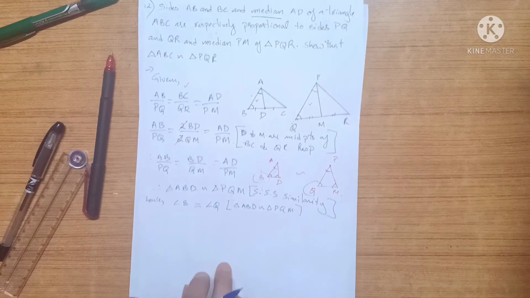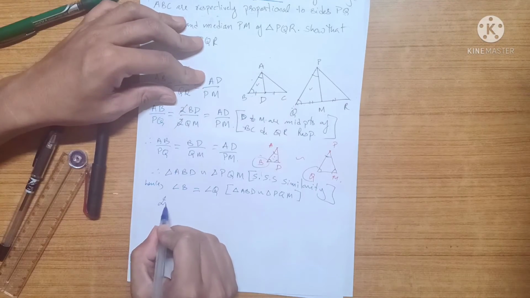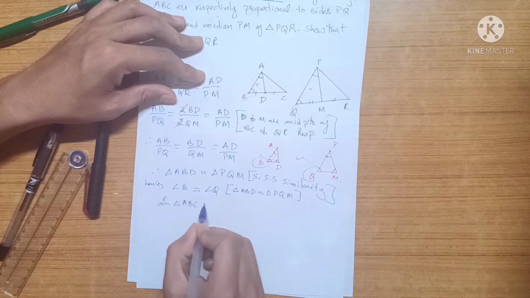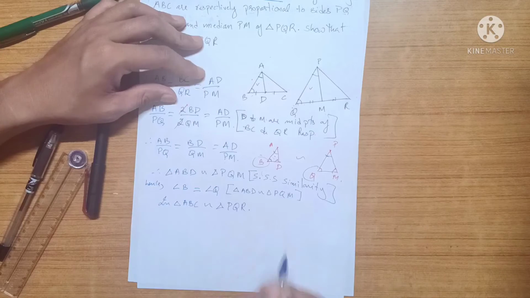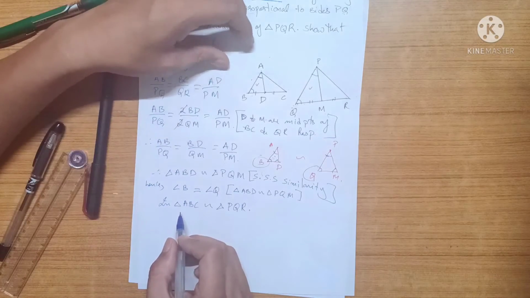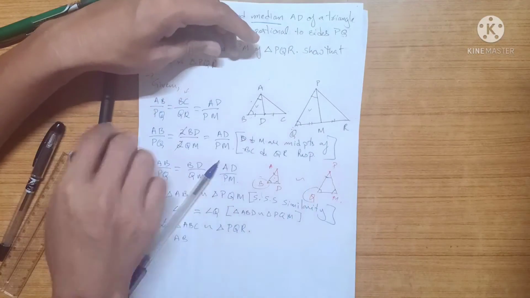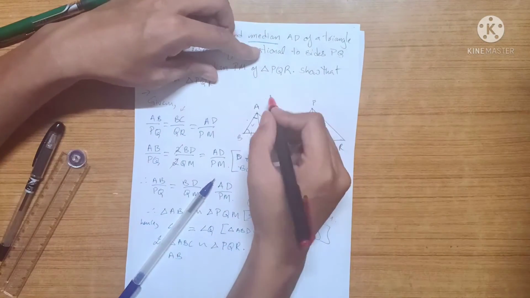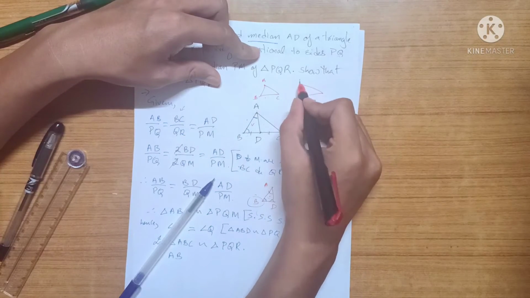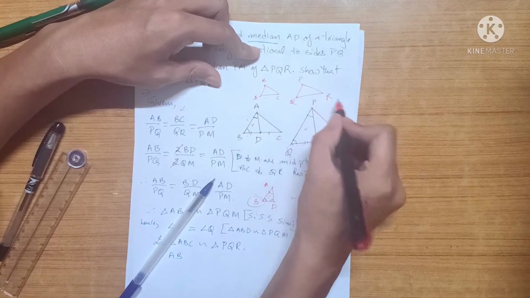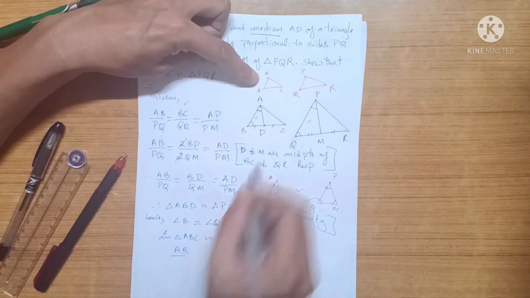Now let's take a look at the bigger triangle. In triangle ABC, because we needed to prove ABC and PQR, right? And triangle PQR. Now look at the big triangle, okay? Forget about the small triangle, just look at the big triangles, ABC and PQR. Don't draw the red part. Just look at the big angle. It's already given in the question that AB by PQ